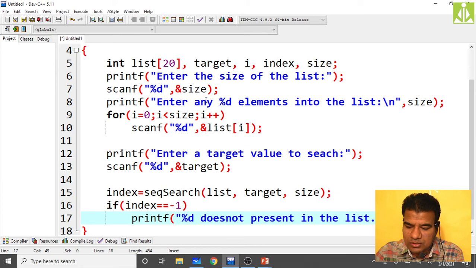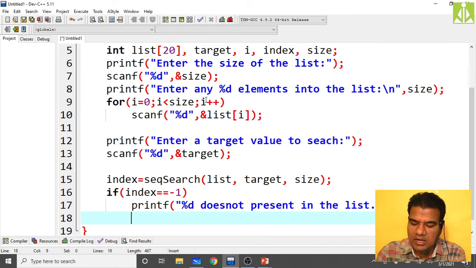Here you put three dots, then backslash n comma target, at the end put the semicolon. Just three dots for fun; don't think you need to put three dots there, because many times you will get confused.